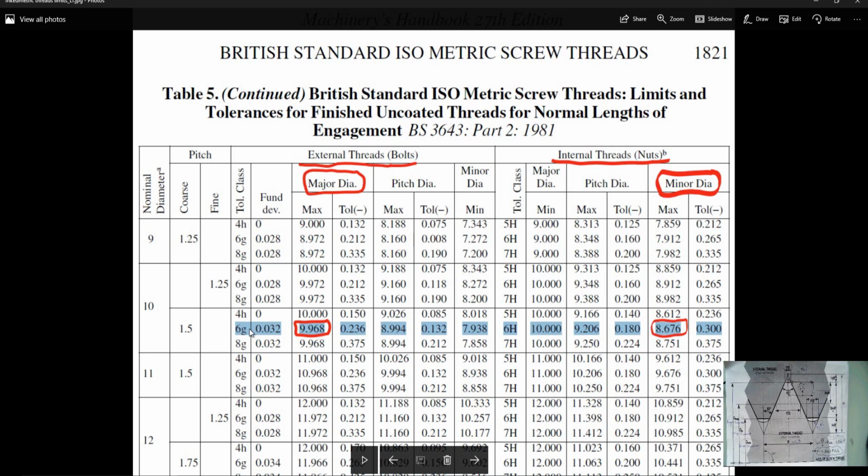used in automotive and for light construction as well. The last classification, the 8G with the 7G, is for light constructions. It is for constructions where you don't need high accuracy, for example toys and stuff like that. So for the external threads, for the bolts, my major diameter for the classification of 6G, I get